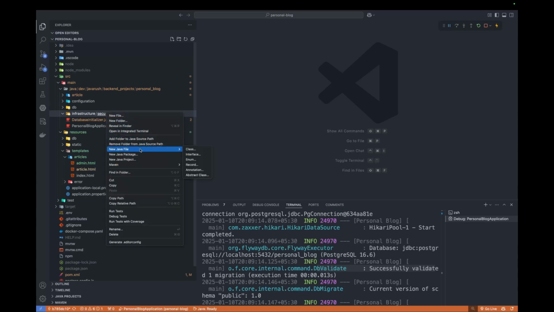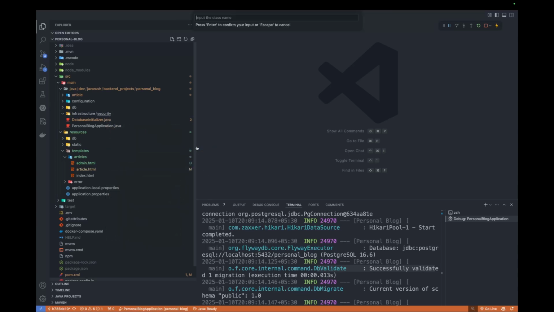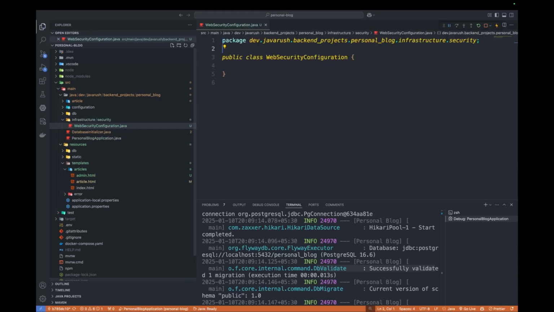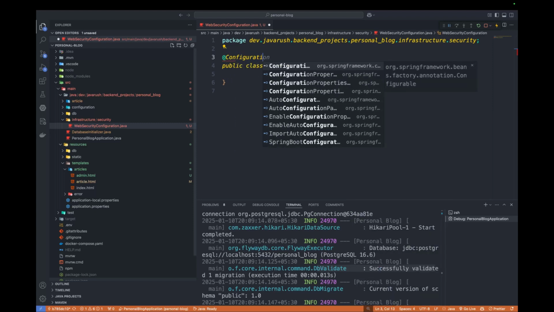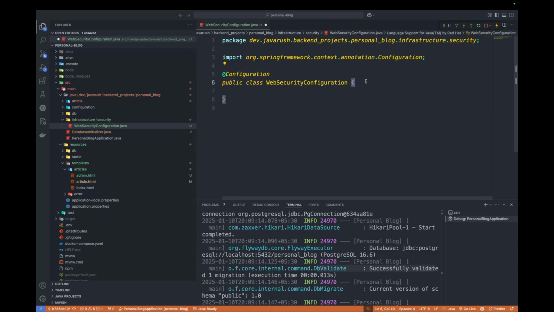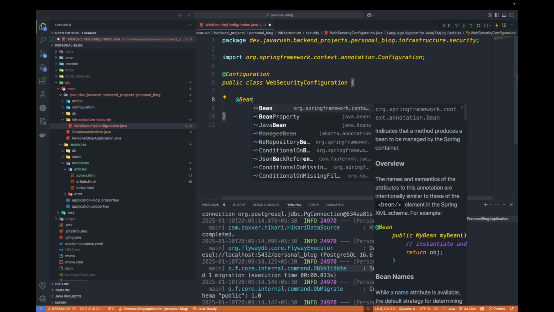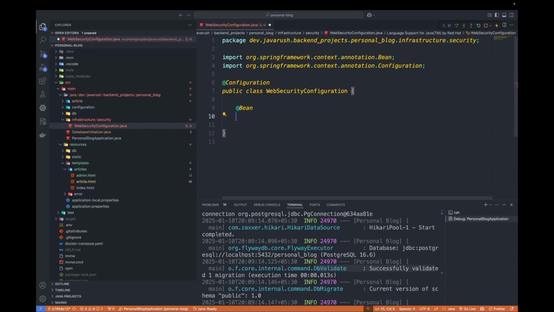So let's create a new class here and I will call it web security configuration. And I will add the configuration annotation and I will create a bean of type